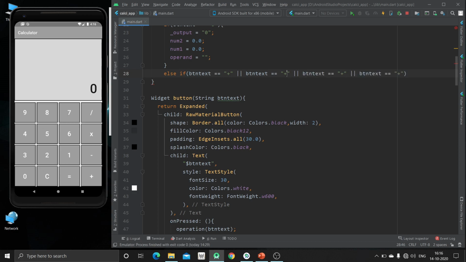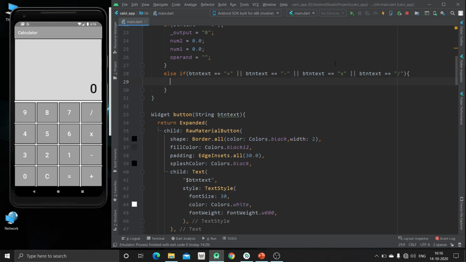So if it is plus or minus or multiply or divide,